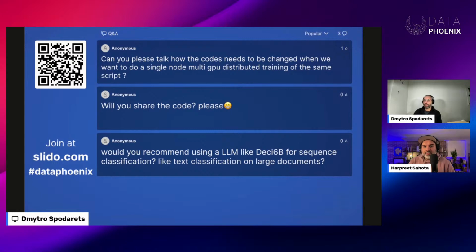Yeah. About changing the code, can you please tell how the code needs to be changed when we want to do single node multi GPU distributed training of the same script? I've never been fortunate enough to work with multiple GPUs. I'm GPU poor.